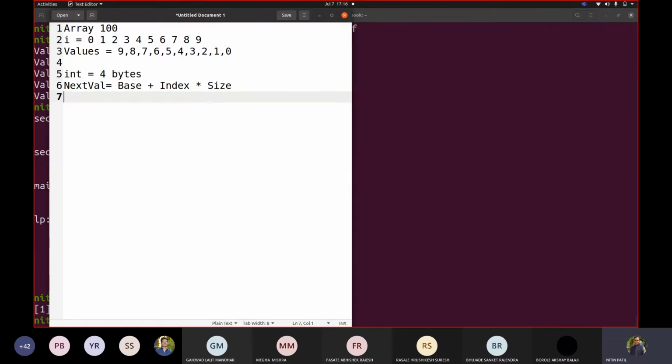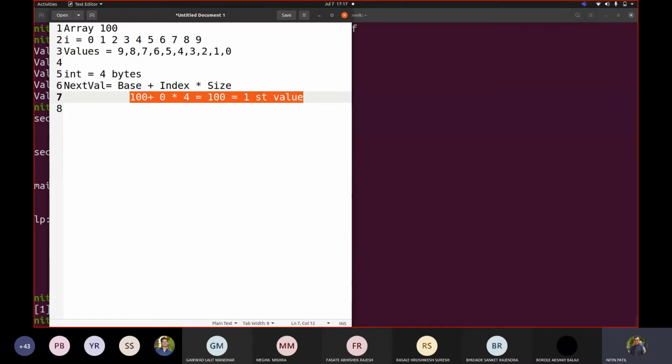Then my first value would be 100 plus index 0 multiplied by 4. What does this multiplication result to? 100. Correct. So this was our first value of an array. Now how an array internally works, that's what we are trying to look at.